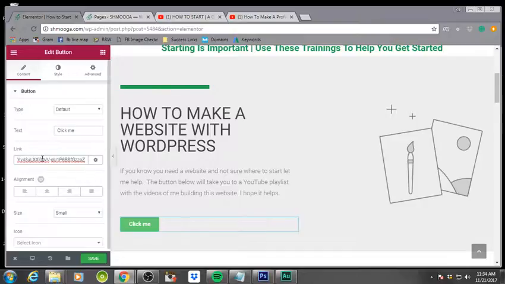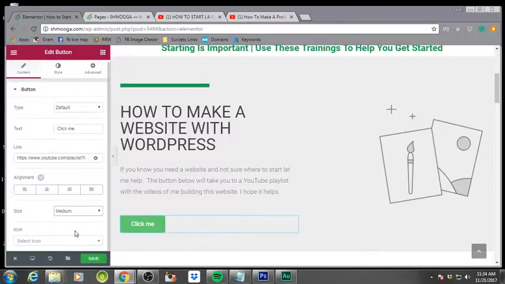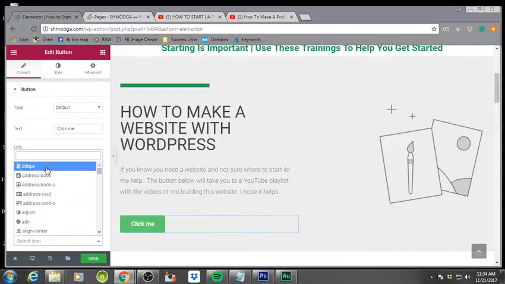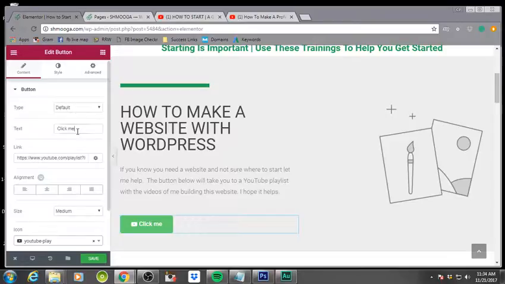Get rid of the hashtag, pasted it in, and we can make this medium, make it a little bit bigger. You can select an icon, and I'm going to put YouTube. Let's change this to watch tutorial,